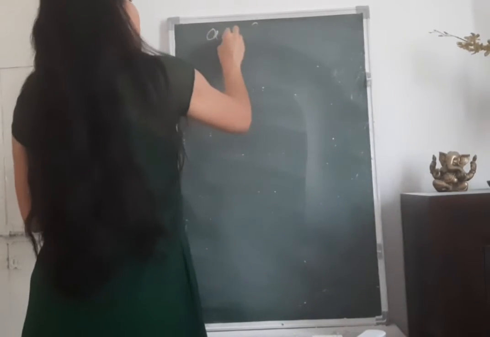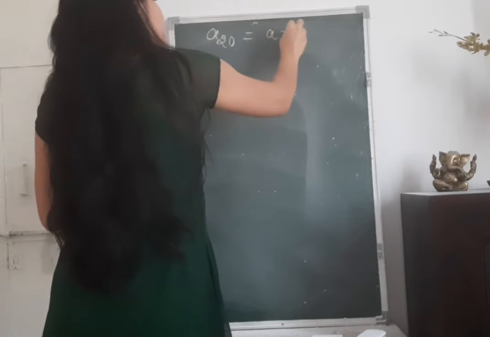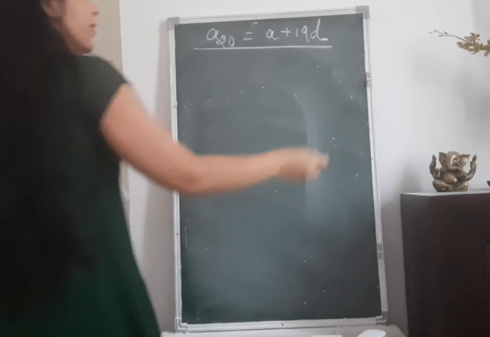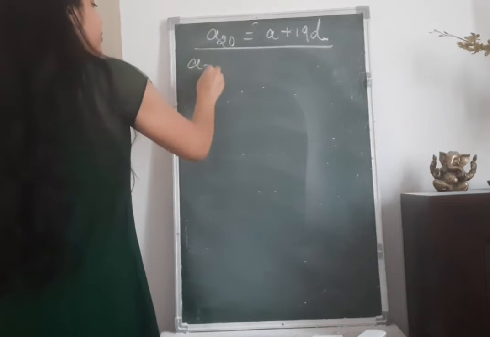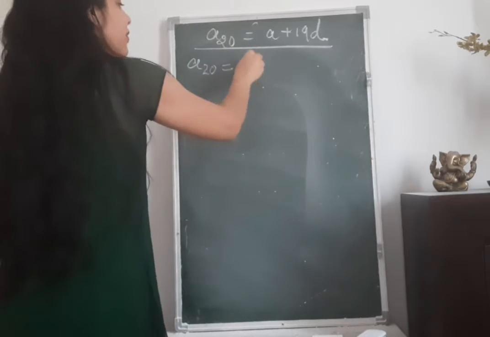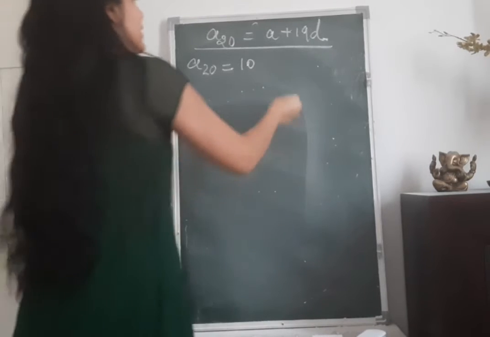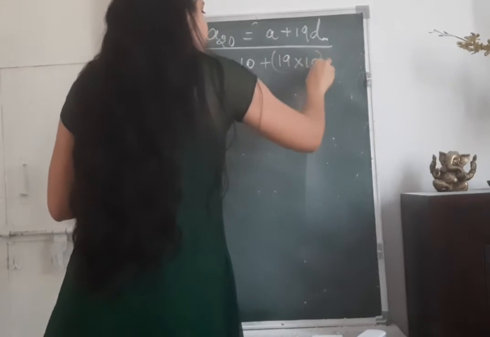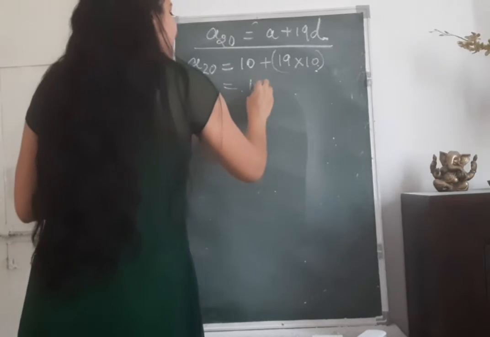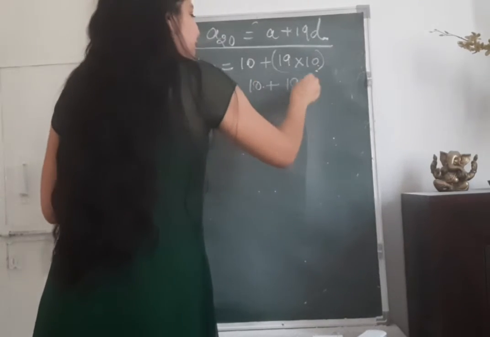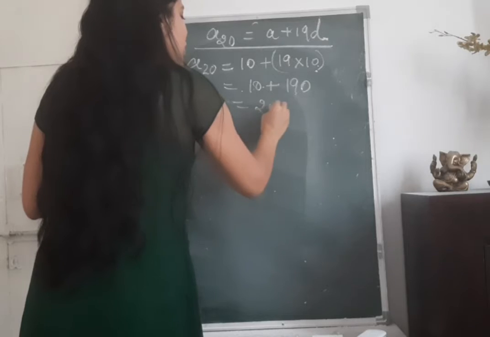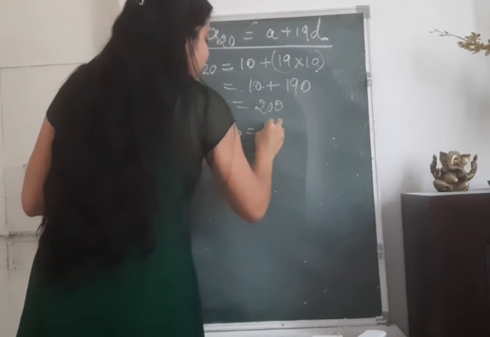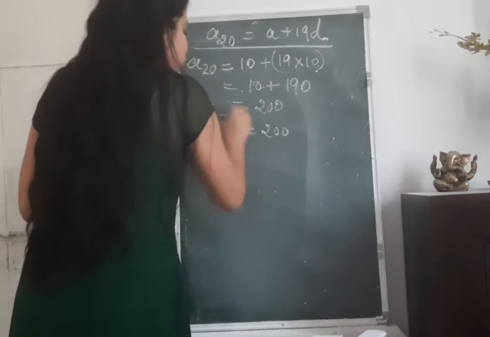Now a20 is equal to what? a plus 19d. The value of a is 10, given in the question. d is 10, as calculated by us. So 19 into 10 gives me a20 as 10 plus 190, that is equal to 200. So a20, the 20th term of this arithmetic progression, is equal to